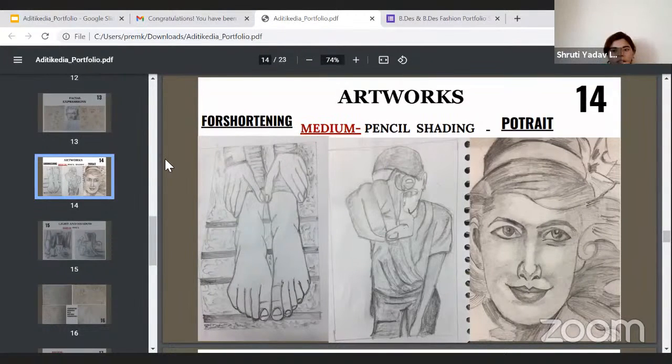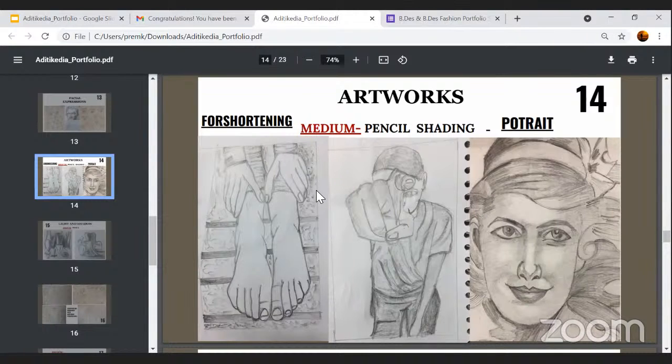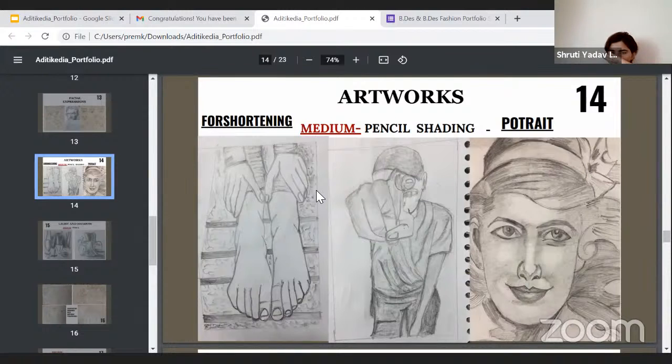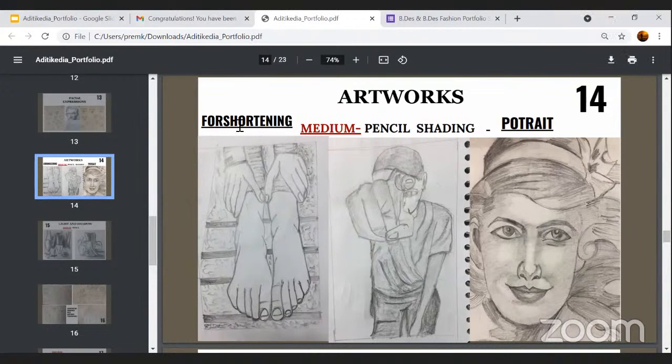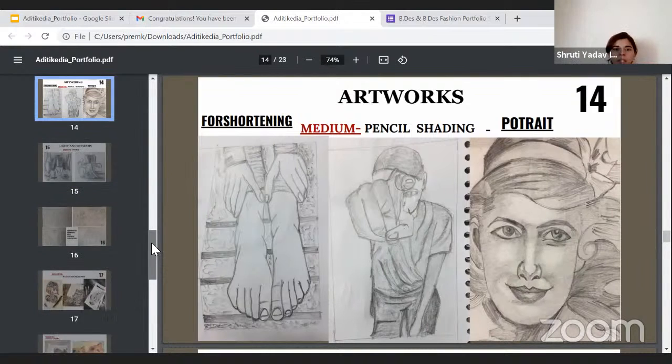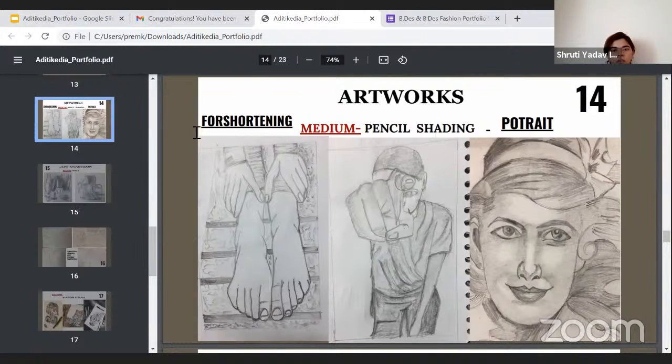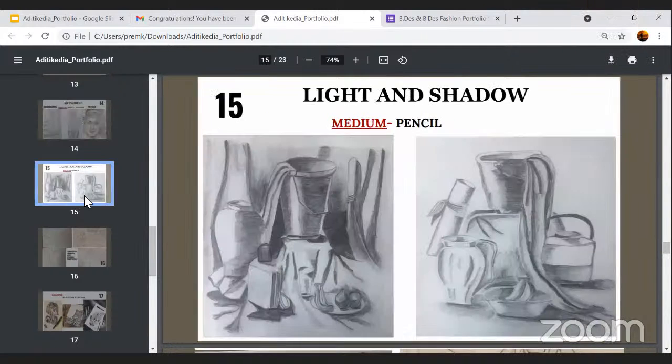Just write artworks, and on top, pencil shading works, portraits. So should I remove the title portrait and foreshortening? Yes, I should remove this heading, foreshortening and portrait. Okay. Just keep the medium, pencil shading. Yes.